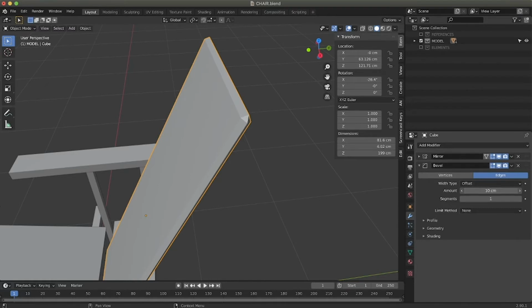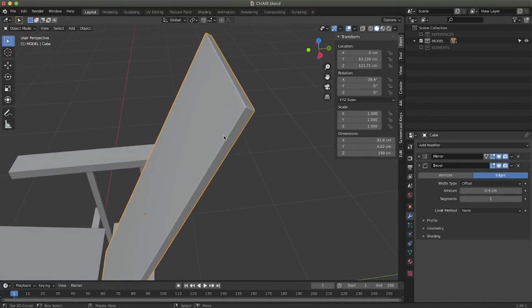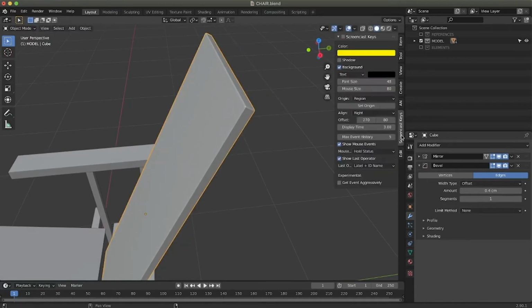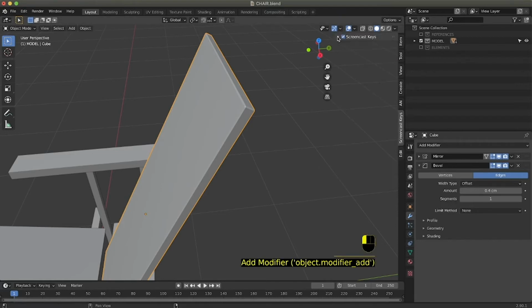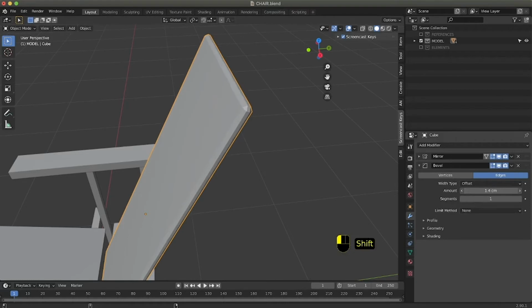We start with the amount and we lower it because we want just a little bit. I press Shift to move this value more slowly.